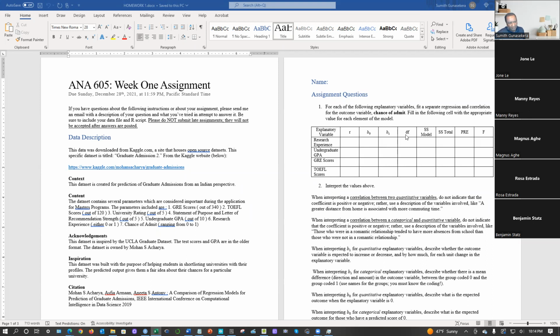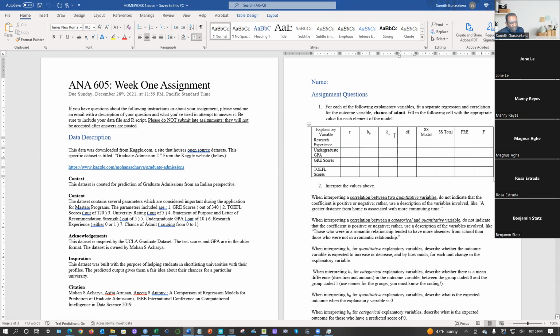I prefer that if you put the model, let's put the model one, SSR, since they have given SS total too here. Degrees of freedom, you can go to the error degrees of freedom. There are several degrees of freedom. But anyhow, I'm focusing on this one as of now, the R. That's the discussion we were having right now.